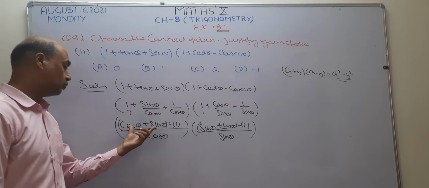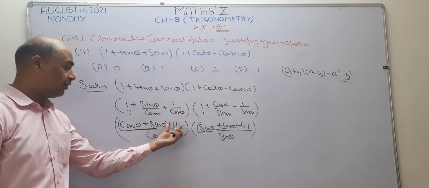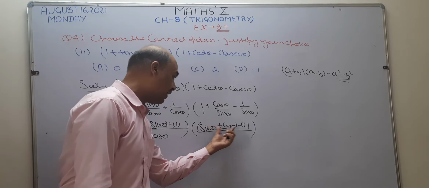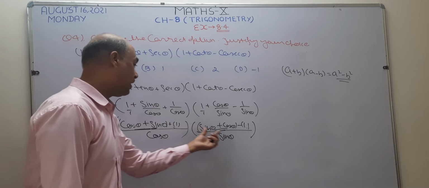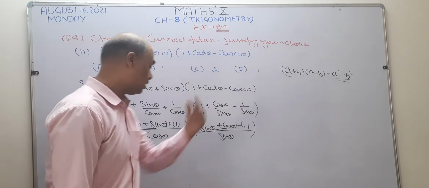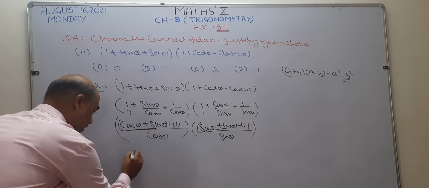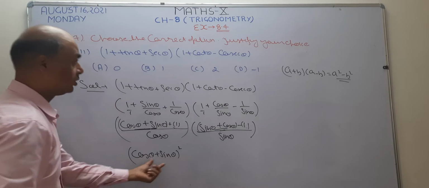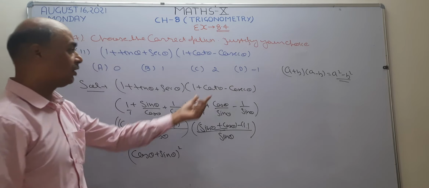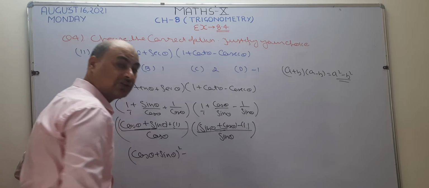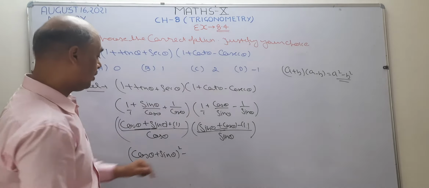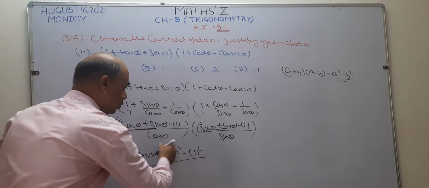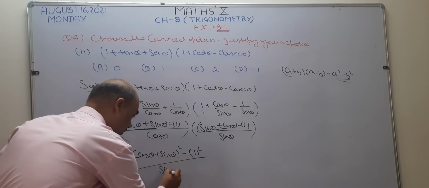I consider this cos plus sine as A and 1 as B, so this becomes A plus B. In the same way this becomes A minus B. So A plus B into A minus B is equal to A square minus B square. What is A? A is cos theta plus sin theta. I want to square this because A square is given. After A square, which sign is there? Minus sign. After that, B square. What is your B? In this question, B is 1. Write here 1 square. And its denominator part is going to multiply: sin theta into cos theta.